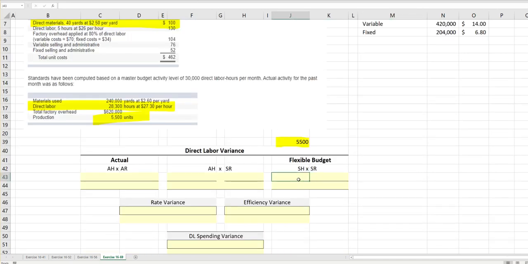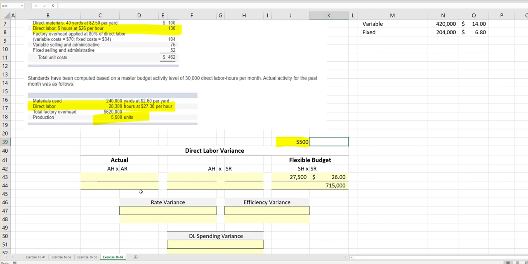Our standard hours to produce that would have been 5,500 units at our standard or budgeted amount of 5 hours per unit. We would have expected to work 27,500 hours at our standard labor rate of $26 per hour. So we would have expected to have spent $715,000 in labor